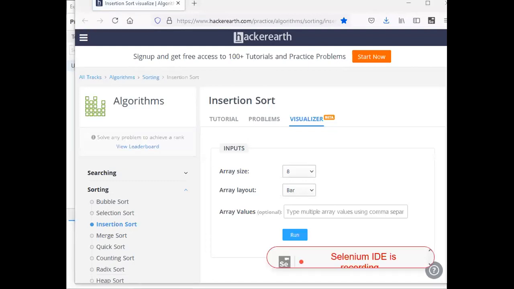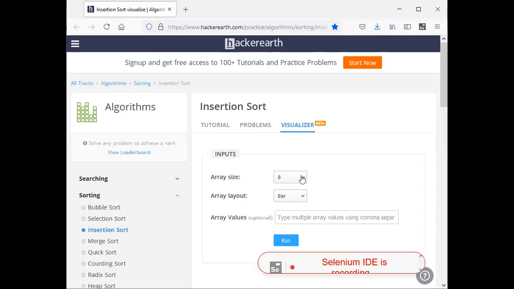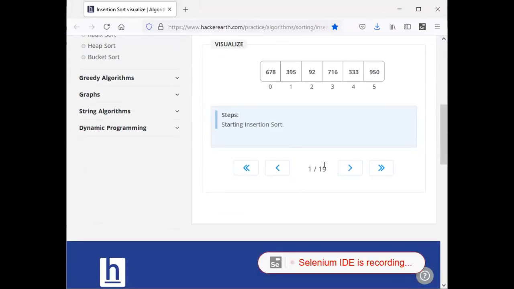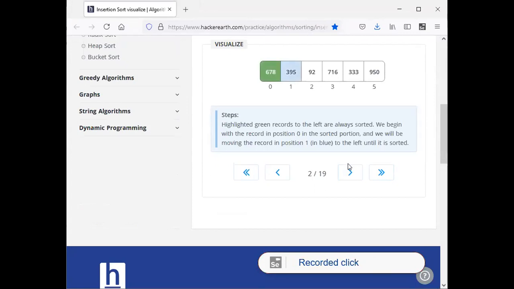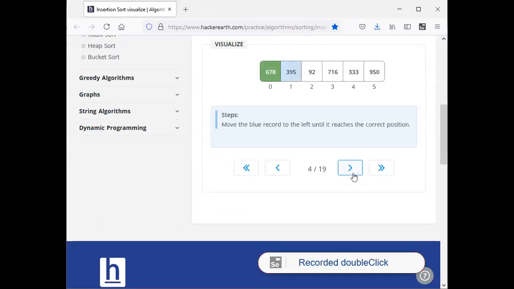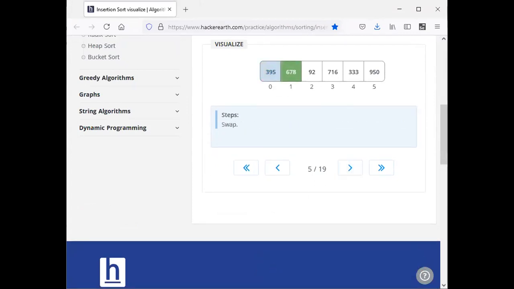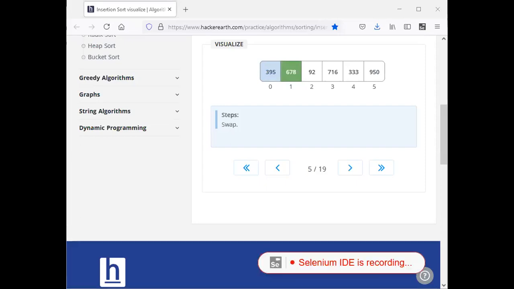This is the visualizer for the sorting algorithm we are using. So let me choose a value here and a presentation and then place this on the run. Okay. Now see what is the difference between the previous one and this one.